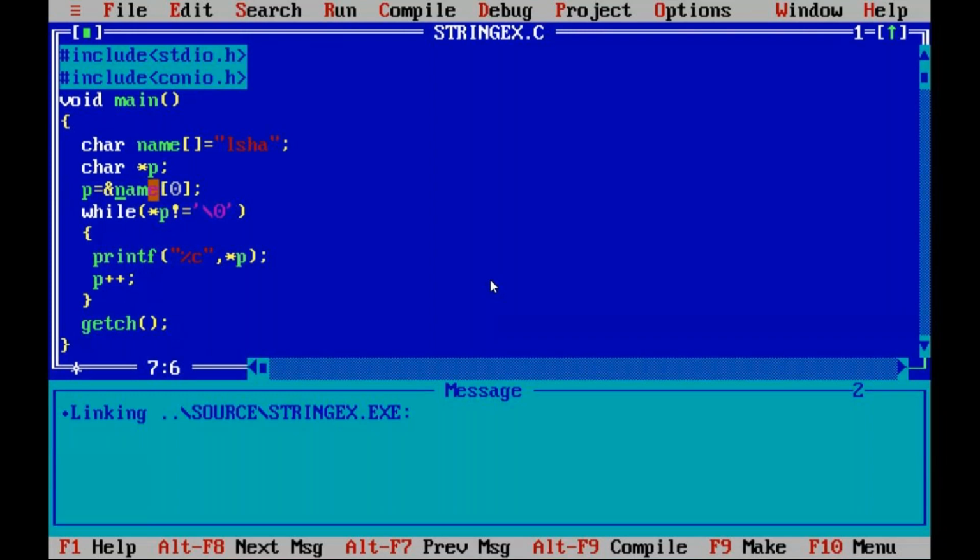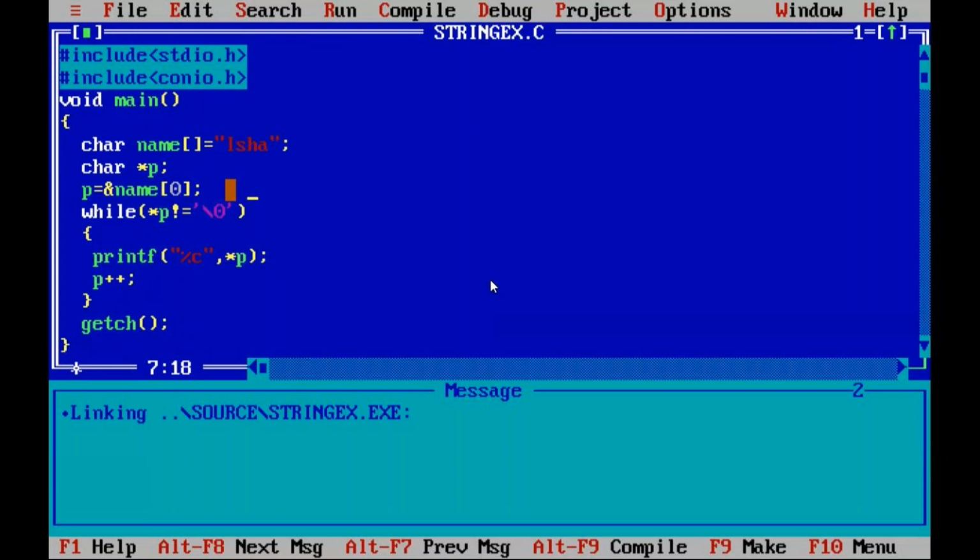Once the zeroth element address is taken, P plus plus means it is nothing but the address of the next element. And this is what we do here. Otherwise, also we can